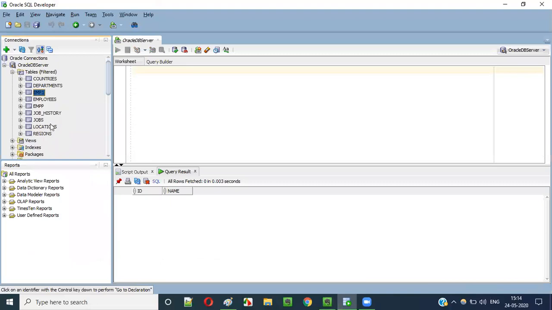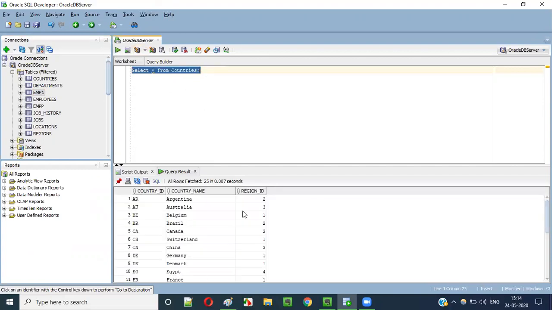Here there is an existing countries table. If I say select star from countries and run this, what will happen? The list of all countries will be displayed here: country names, country ID, region ID, all the records from all the columns of this countries table.